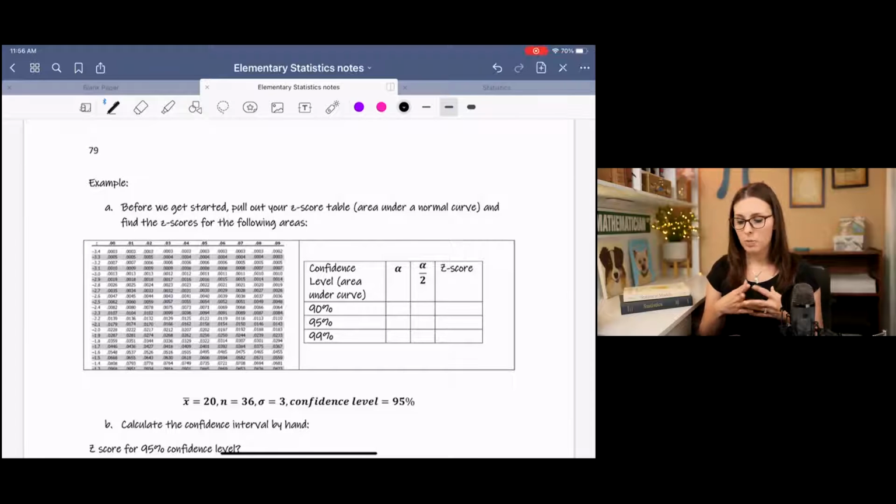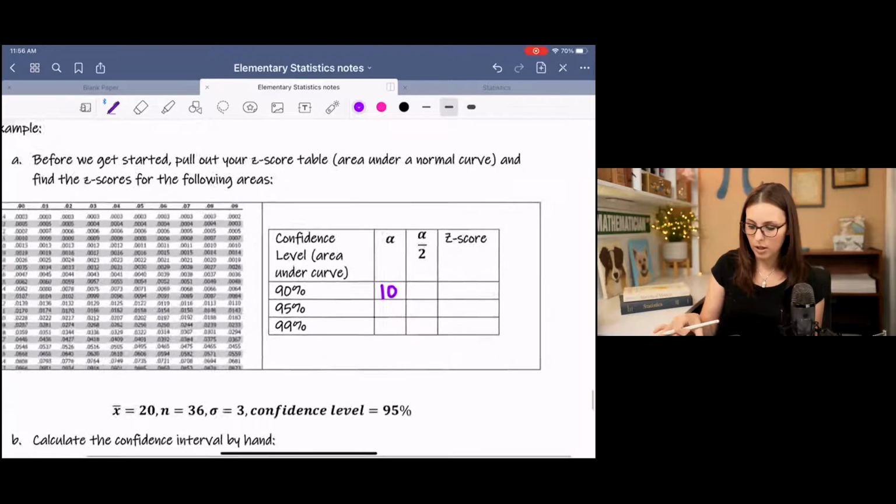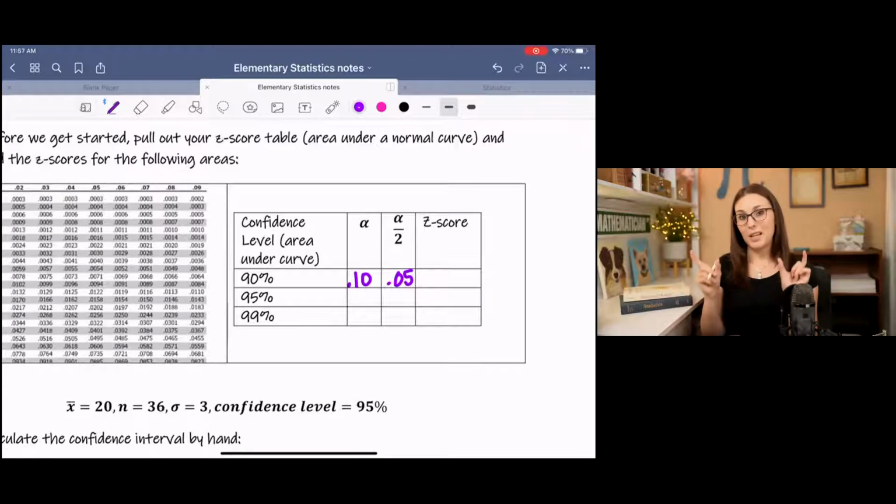So also remember the picture that I drew with the shaded region. So for a confidence level of 90%, that means 90% is in the middle, and then it has these 2 pieces on the end. If it's 90%, then that leaves 10% left over, which leaves 5%. I'm going to put it in decimal form for each piece because we're splitting it in 2. And then the z-score associated with